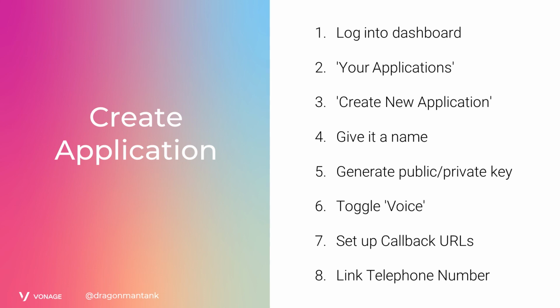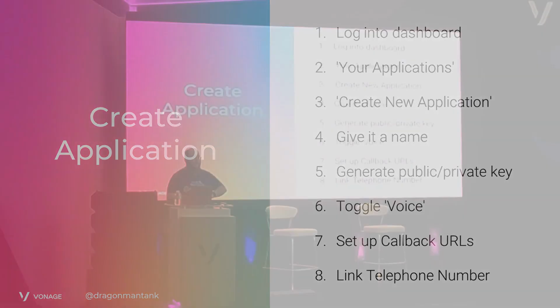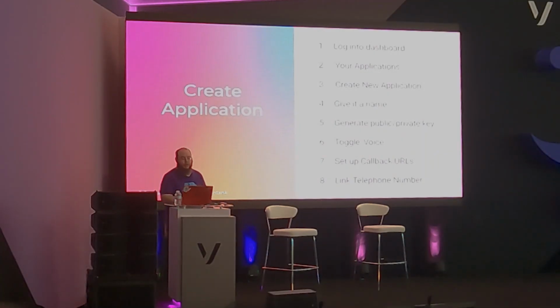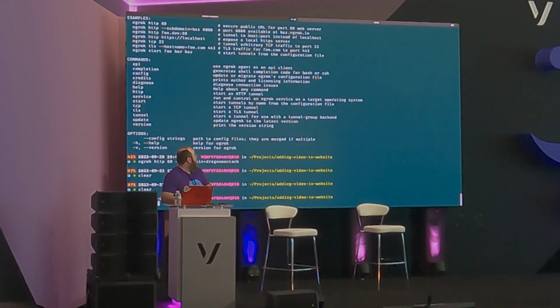You can give it a name, and we do use public-private key authentication. We generate that key for you unless you already have an existing one you want to use, but we take care of generating that so you can make our authentication tokens. And like I said, an individual application actually has a lot of different capabilities, and you can turn these things on and off. So you can go to voice, turn it on, set up some information, and then link a telephone number. We also offer an API, or a command line interface, especially if you're doing a lot of this programmatically.